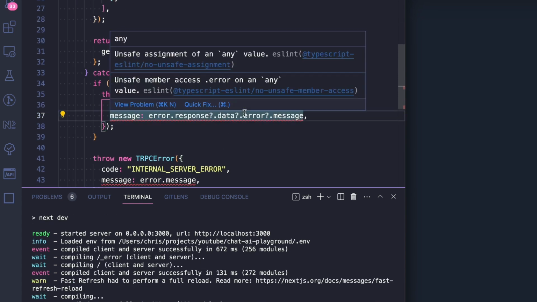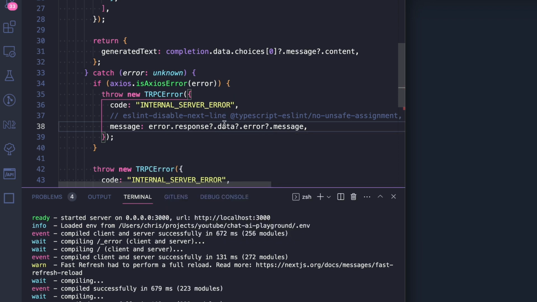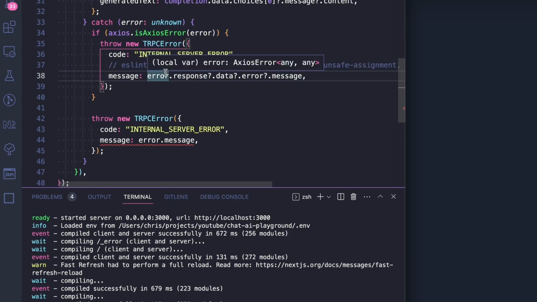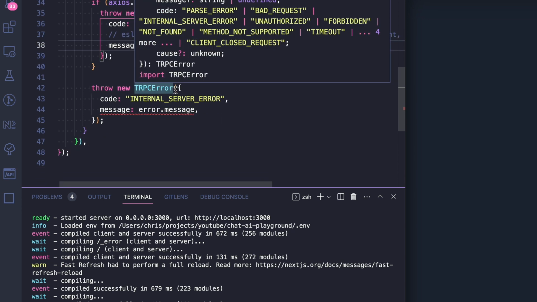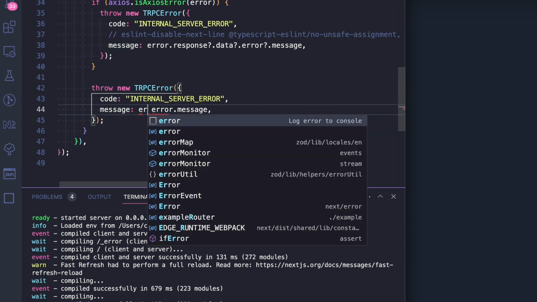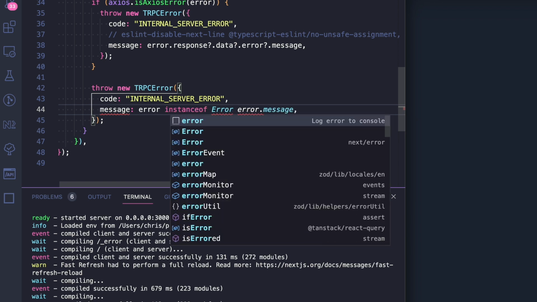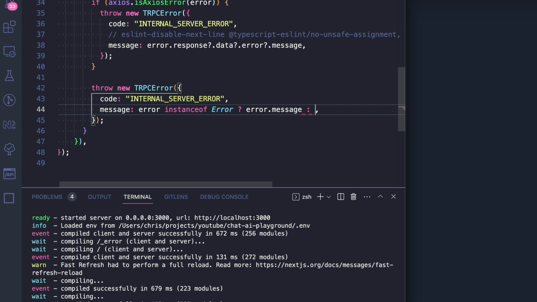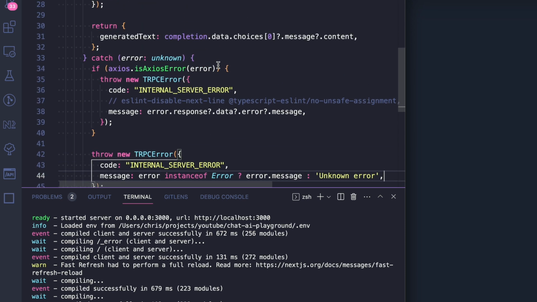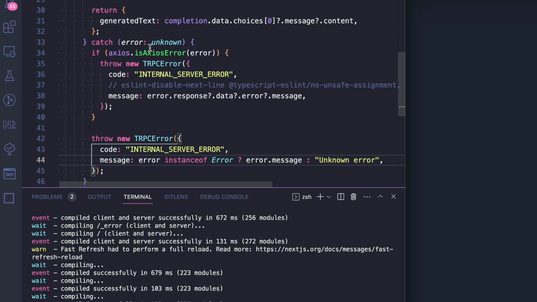Now we're correct. So there's some issue here, unsafe memory access. Okay, I don't want to dig deeper into that because it might be not typed out well. I see a lot of any here going on. And for this one, let's find out if the error is an instance of Error, then we could show the error message. Otherwise, unknown error sounds good to me. Okay,